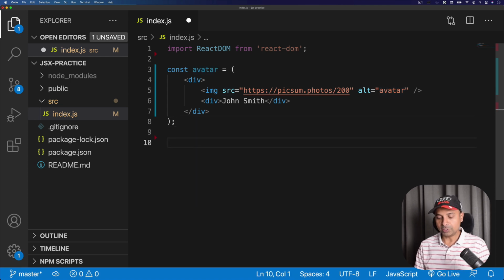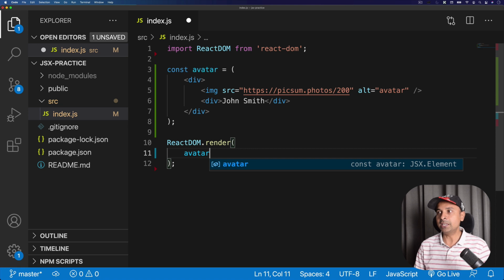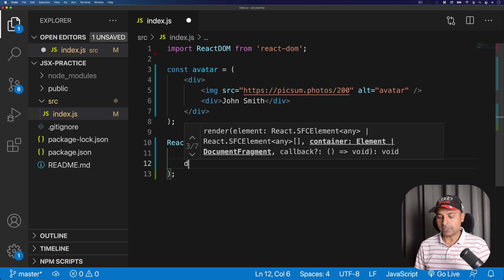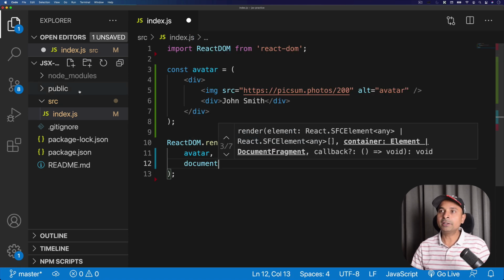Let's render it using React DOM. I'm going to use the ReactDOM.render method. And we know this takes two different arguments. The first one is our JSX element, so I'm going to put my JSX element. And then we are going to target